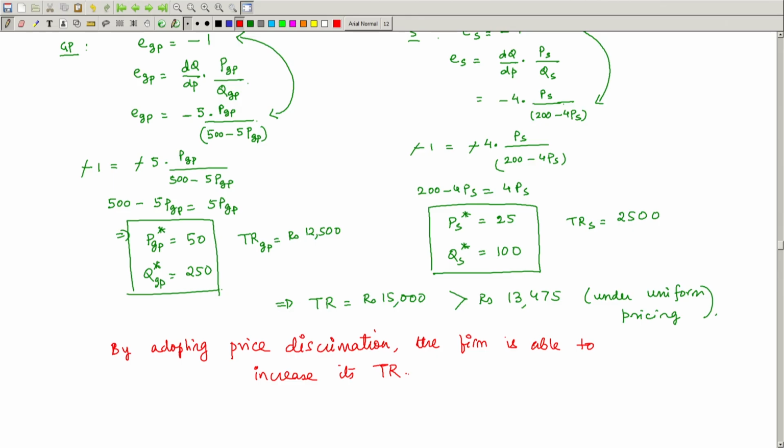Notice that if by price discrimination the revenue of the firm had actually fallen, the firm would not have adopted price discrimination,